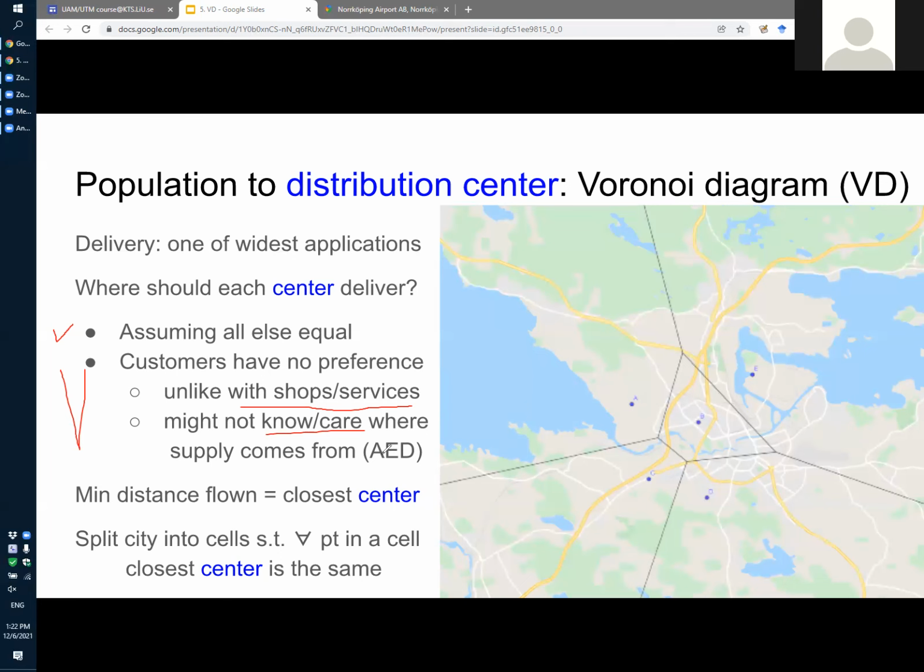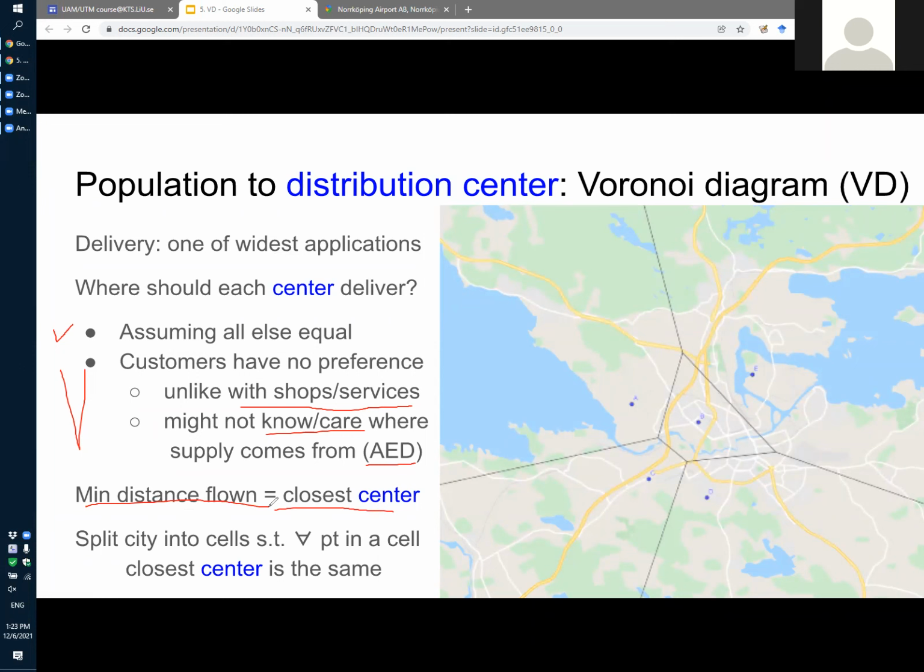So it can be something that is very common, like food items, or it could be some medical devices like the defibrillators, where indeed the customers, the last thing that they think about is from which distribution center the device is coming. All they care about is that it comes as fast as possible, comes from the closest center,